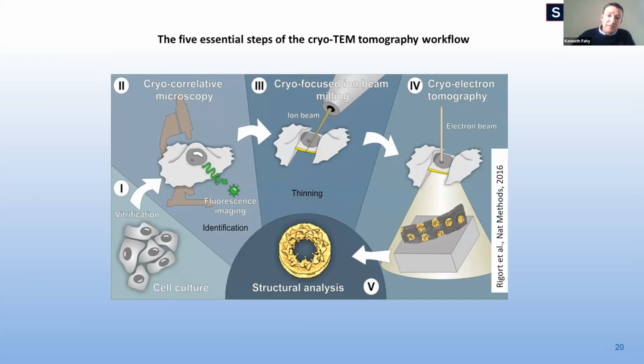So this is a standard cryo-TEM tomography workflow consisting of cell culture, cryo-correlated microscopy, followed by cryo-focused ion beam milling and cryo-ET. One could insert cryo-SXT here in step 2, along with fluorescent imaging in order to identify regions of interest in